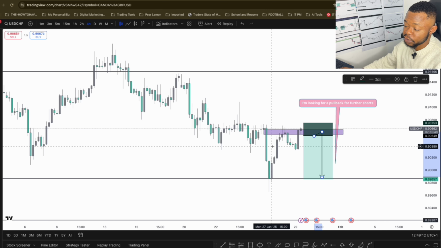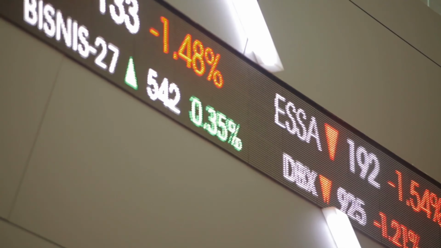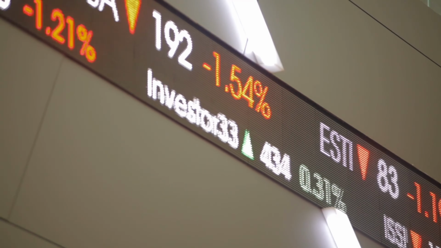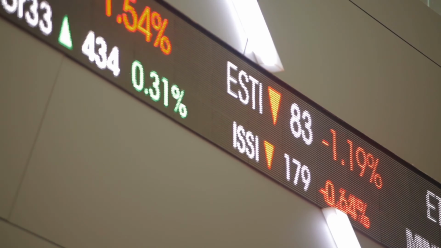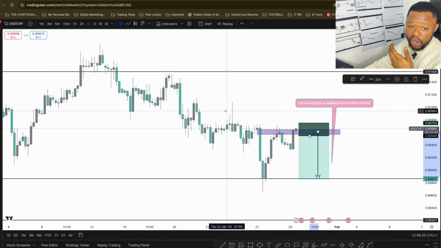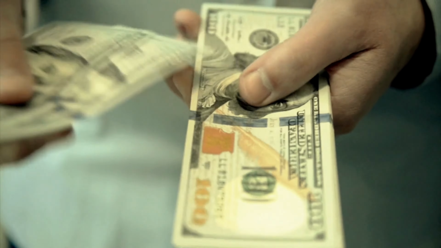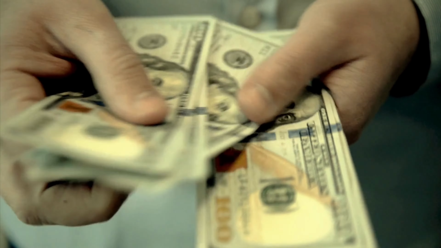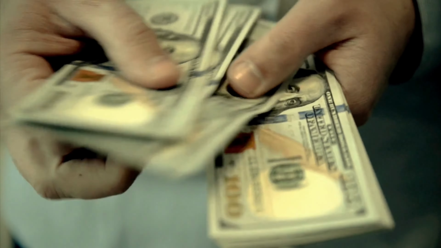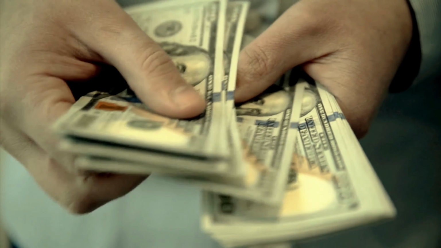So when it comes to the Forex market, it's the same thing, but just a little bit more technical. Trading in the Forex market refers to the exchange of one currency for another. So let's say you have the GBP and you're going to America. When you get to America, you need to exchange that GBP into the dollar to be able to function in the American system.